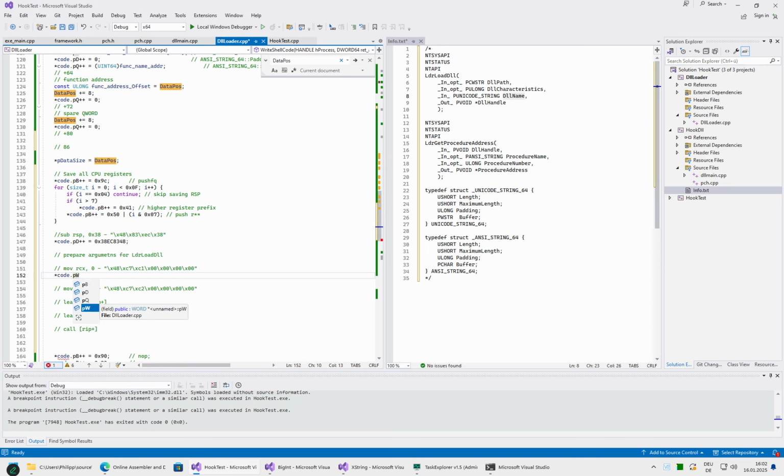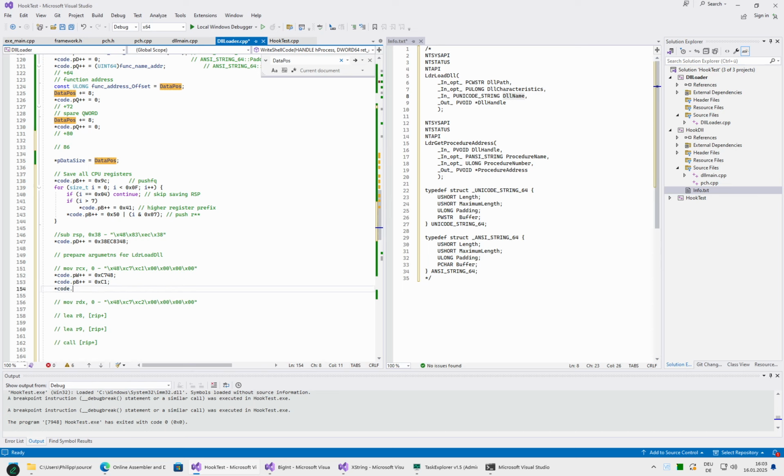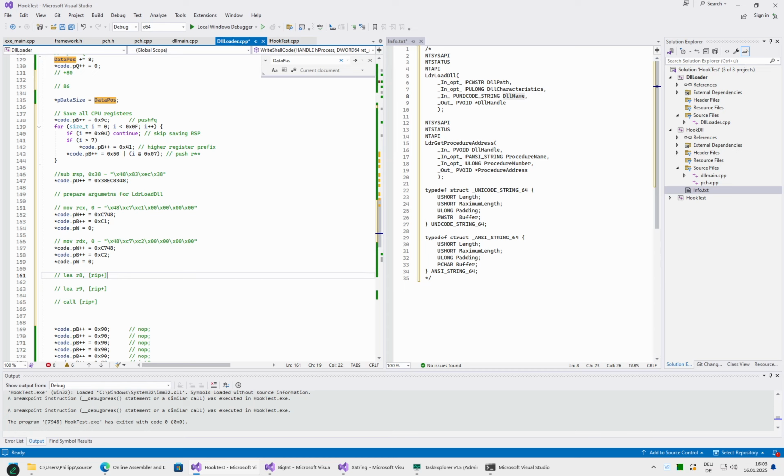code.pw++ is equals 0x C7 for 8, and then we make a byte. Byte++ equals, C2, no, C1, sorry, 0xC1, and then p word is 0. So as you see, we have here a lot of zeros. The other one is identical, just that C1 is C2, and the layer, and then now we need to find